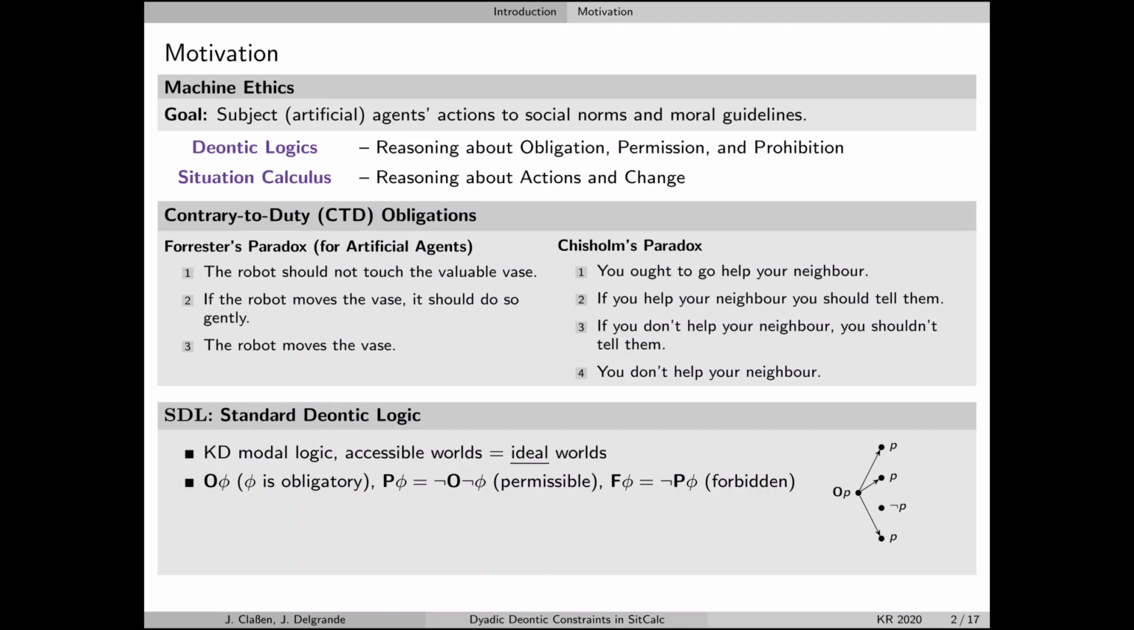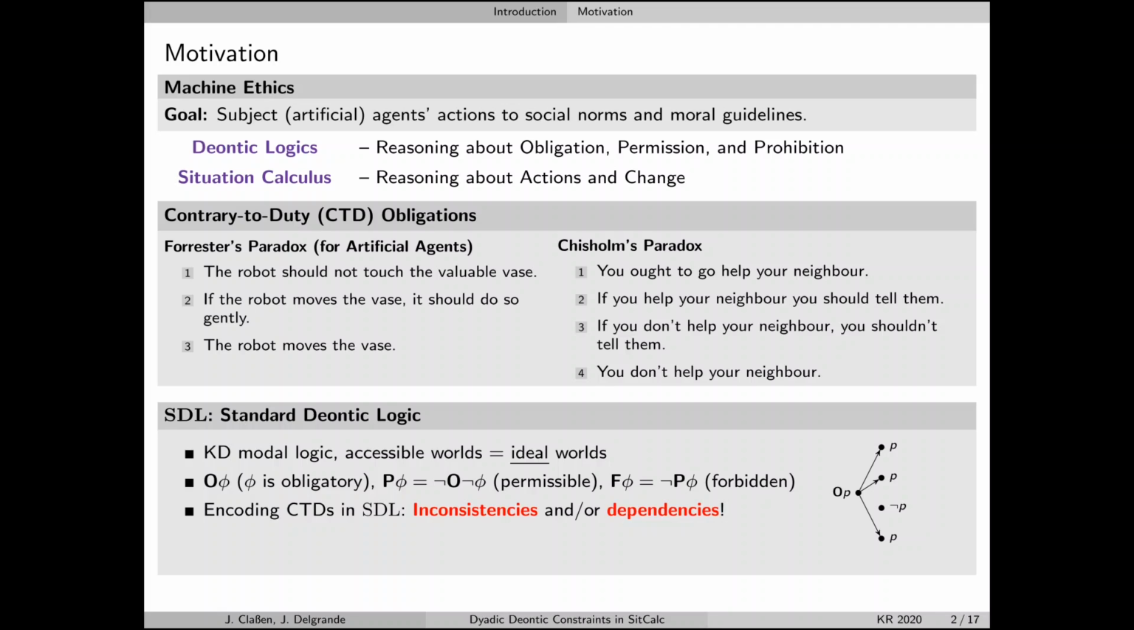Probably the most well-researched system of Deontic logic is SDL, which is nothing else than the standard KD modal logic. The basic idea is that accessible worlds represent ideal worlds, and obligatory is whatever is true in all the accessible worlds. The problem is that when encoding contrary to duty scenarios in SDL, where conditionals are represented by material implications, one either obtains inconsistencies or undesired dependencies between the different statements, and this is why these examples are traditionally referred